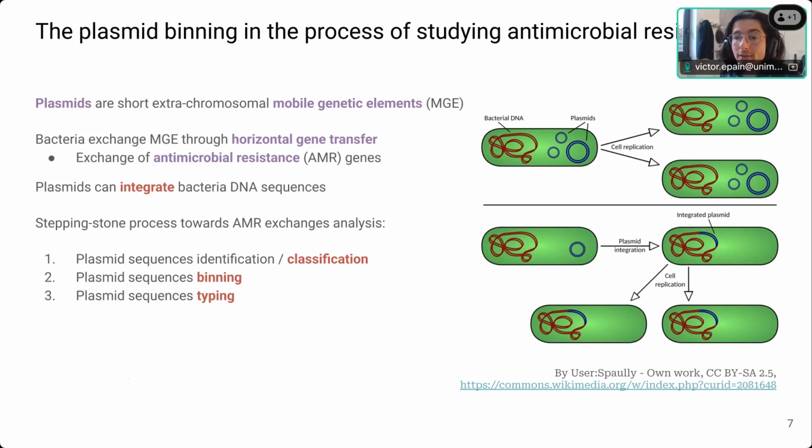And we can define the pipeline process as follows. We first want to classify some DNA sequences. So we have a bunch of DNA sequences in a metagenomic sample, for example. And we have DNA sequences from the chromosomal part of the bacteria, from the plasmids, from the viruses. We want to classify them such that we say yes or no, a sequence is part of a plasmid. Then we want to bin them, and we want to type them in detail